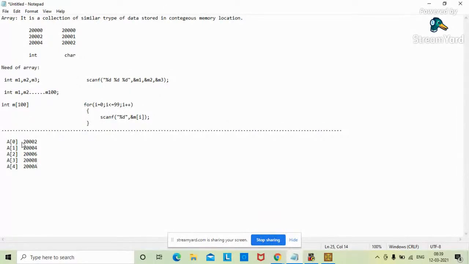So likewise, we have to store the values in these required locations. So this is the position of an array: a of 0, name of an array, index of an array. These are the addresses. Likewise, a of 1, then this is the address, then a of 2, then address, then this, then this. And when you are going to store the value, by using scanf and printf functions,